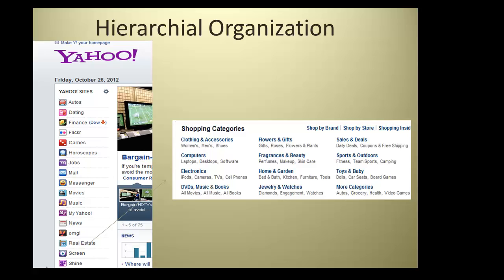Slightly below your screenshot, I believe, is the button for shopping. And you'll see there's a list of types of information or categories of Yahoo sites over on the left side of the screen, and just below what you see on the screen is the shopping